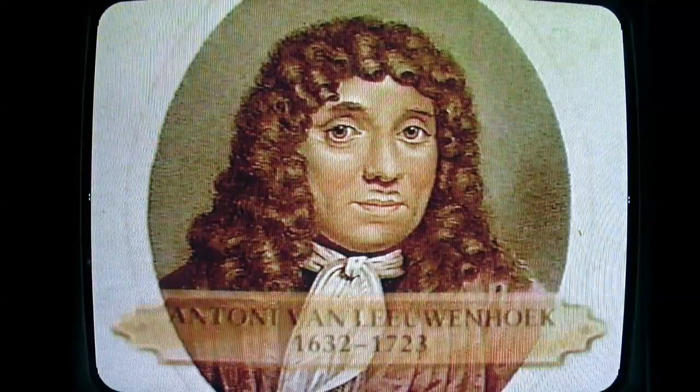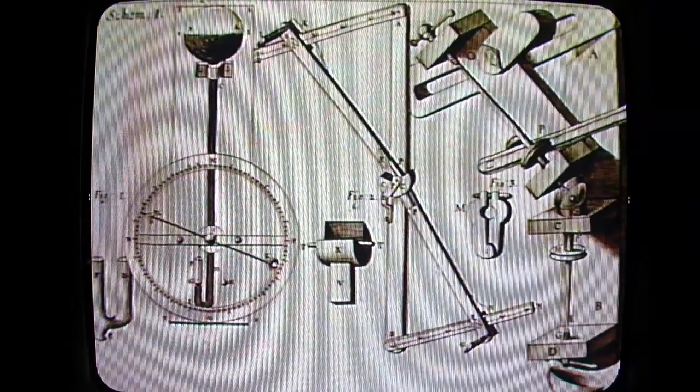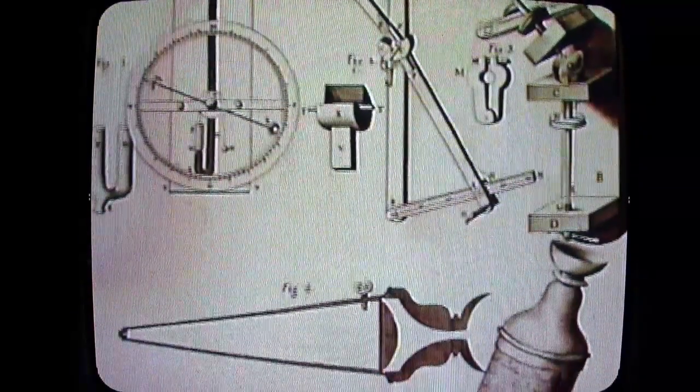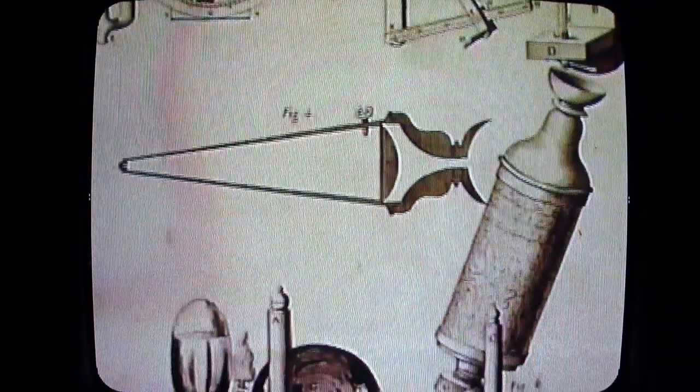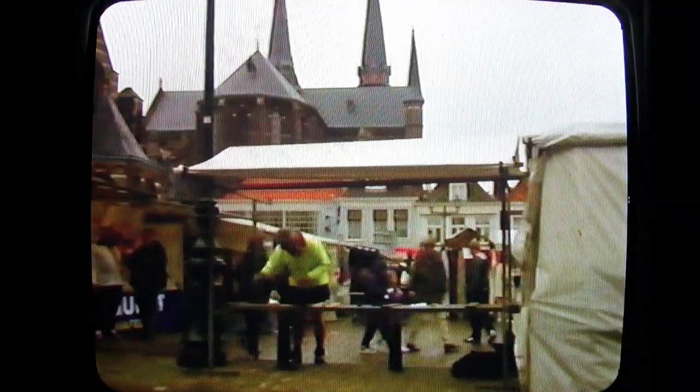And welcome to a slightly different local hero, Anthony van Leeuwenhoek. He was inspired by a copy of Robert Hooke's Micrographia that he saw when he was visiting friends in London. Hooke's Micrographia contained a description of a simple microscope that was little more than an extremely powerful magnifying glass, using only a single lens. He took a blow lamp